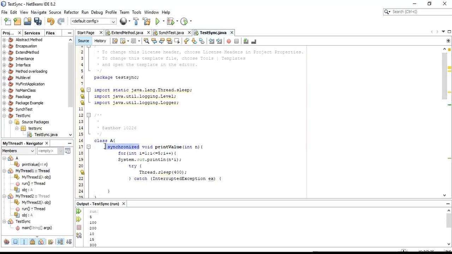What will happen in this case? If this process is started with myThread class 1, it will complete the myThread1 class before it enters into the myThread2 class. So when I run this one, you will see the results will be organized. As you can see here, first we are trying to execute the myThread1 class